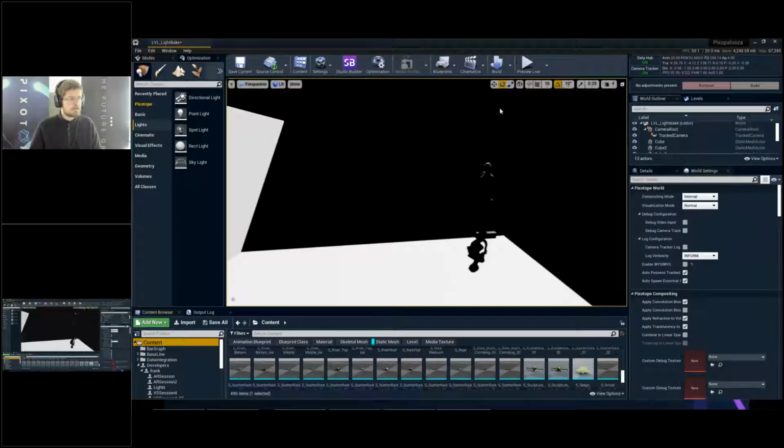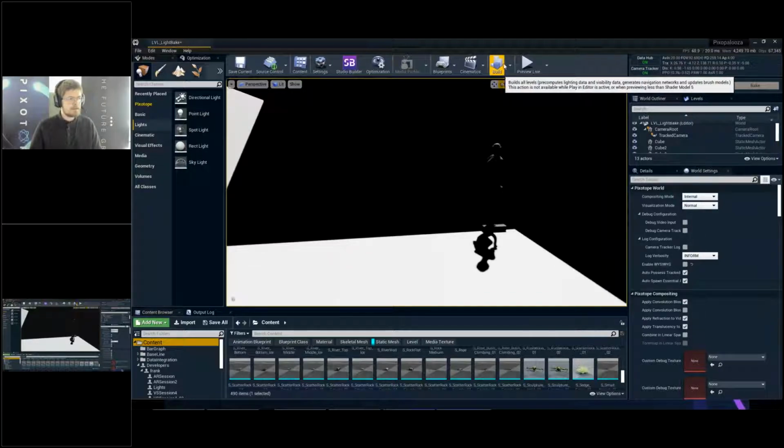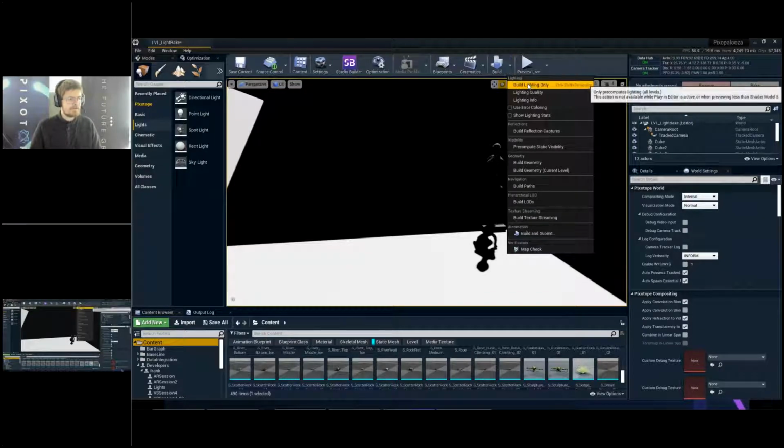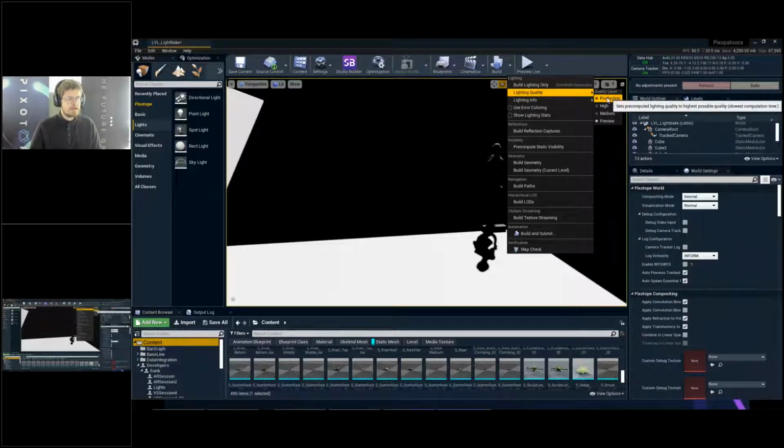To access the light baking, you simply go to the Build tab at the top, hit this drop down, and you choose Build Lighting Only. We have a few settings here. We can choose the light quality. Doing a high quality light bake, especially on production settings for a large set, can take several hours. So for now, we're just going to lock this at preview, and we're going to quickly review our light bake